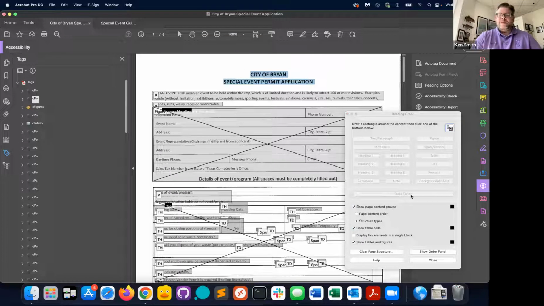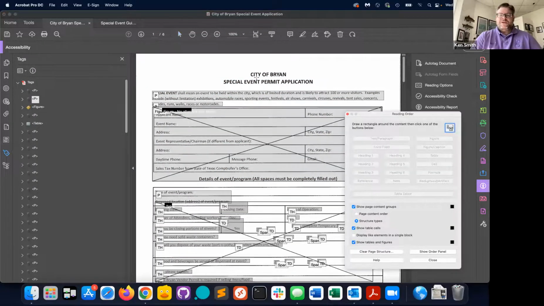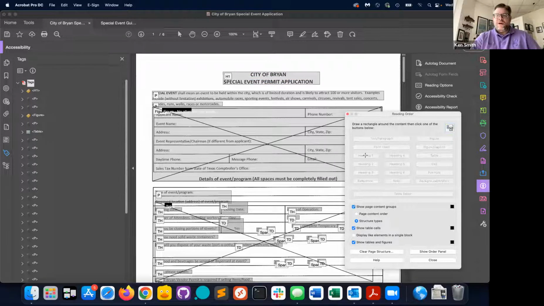Maybe I shouldn't have done that. Maybe I should do this. Go to reading order first. Oh, that's what I did. Yeah. Grab it and highlight it, and then you see all these different options of what you can tag. This shows up. We're going to tag it heading 1, and you'll notice right here